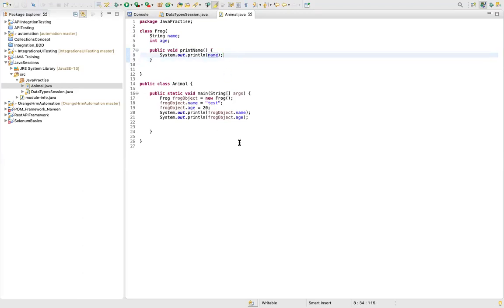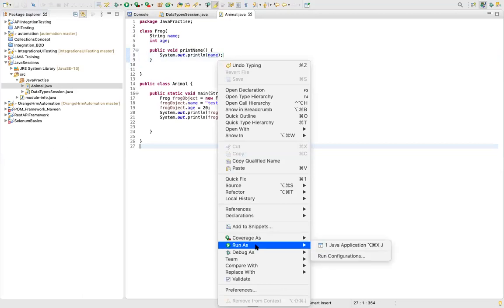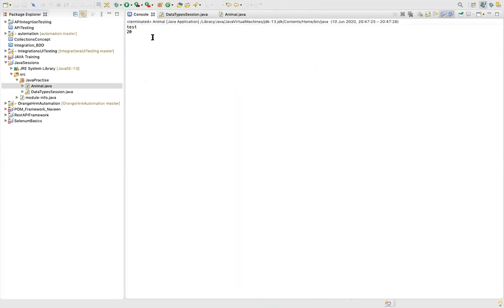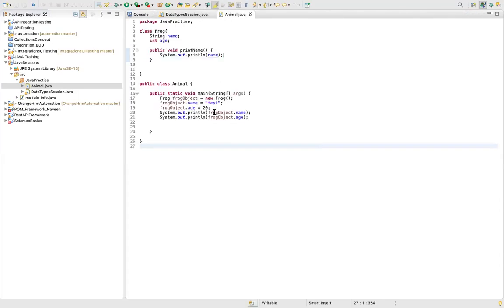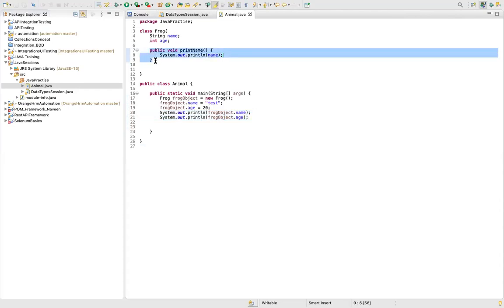Now if I run this program again, we'll go slowly. Only two things are printed, the name and the age. But this print is coming from these two statements, not from this method, because there is no invocation point for it. This method was not invoked from any of the areas under execution.